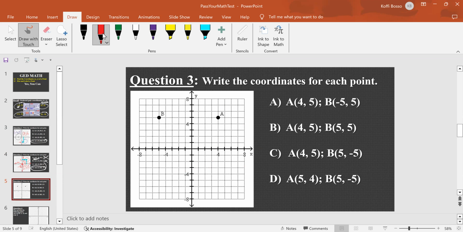Again, we need to find the coordinate of these 2 points. Point A. So I have point A, I will project to the x. Doing that, I have 4, comma, the y, same thing, project to the y line, and we have 5. So 4, comma 5, and that confirms it, because anytime we have a point in the first quadrant, the x and the y are positive. Okay, for point B, same thing. We project B